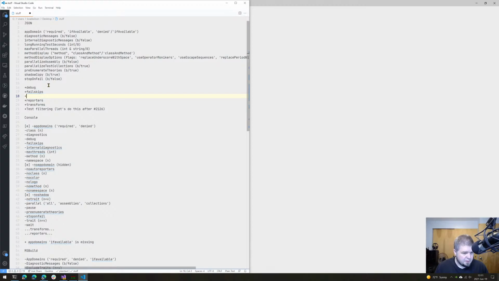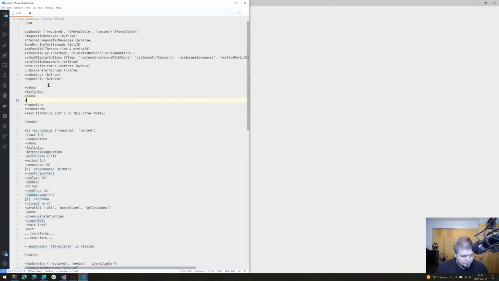So we need debug. We need fail skips. We have the equivalent of parallel. We don't have pause. We do have stop on fail. We don't have wait. So that appears to be what's missing up here. Reporters, transforms, and stuff. Now, transforms and reporters are kind of interesting because they're not necessarily per assembly,